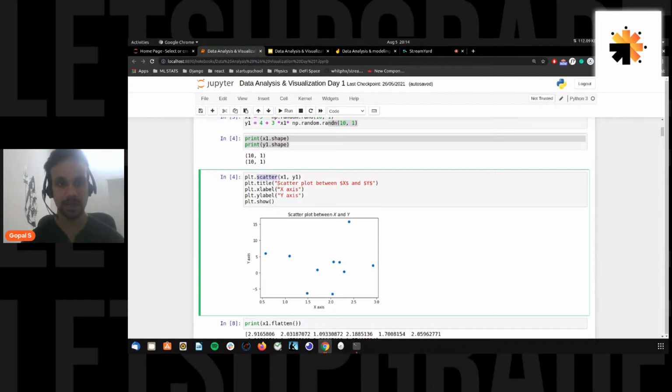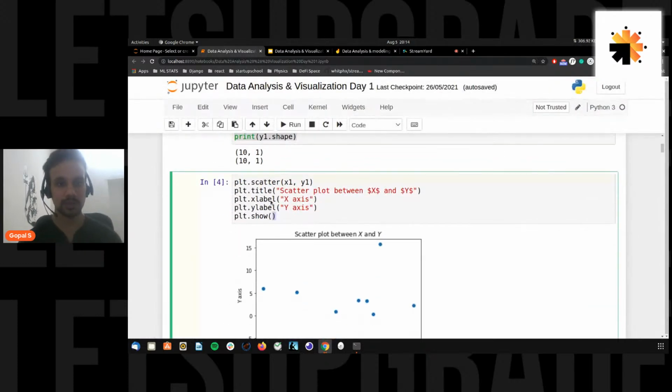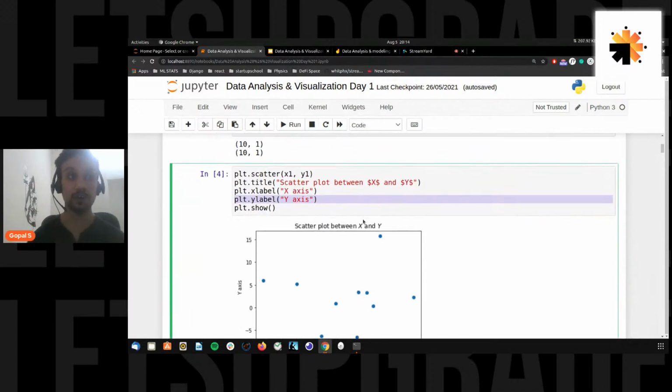We are giving it right now, and let me just zoom it out a bit. So whenever you do this, like plt.scatter, without titles it is still going to work. Okay, no issues. But it is always a good idea to title your plot, to label your x-axis, to label your y-axis. Why am I saying it? Say you do have an idea about what this plot was all about, just for now, because you are working on it. But let's say 30 minutes or maybe 1 or 2 days later,